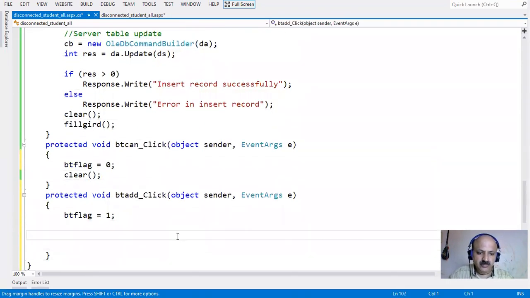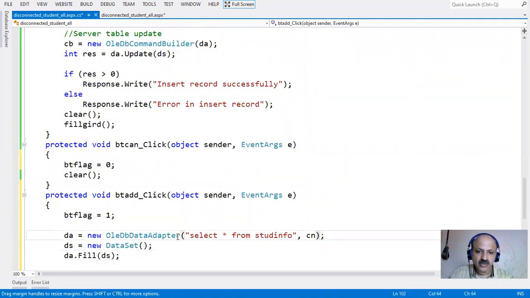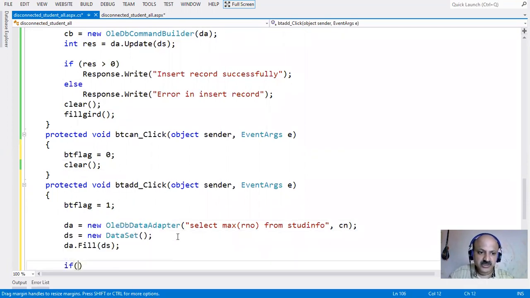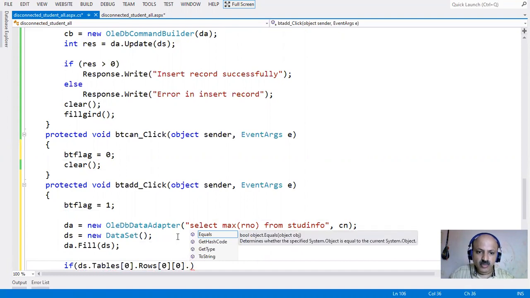So here I paste, and here one change: not the asterisk sign. Here we use max of RNO, that is our field, the first field only. And we can take one if condition: if dataset table of 0 index, then row 0 and column 0, then equal.